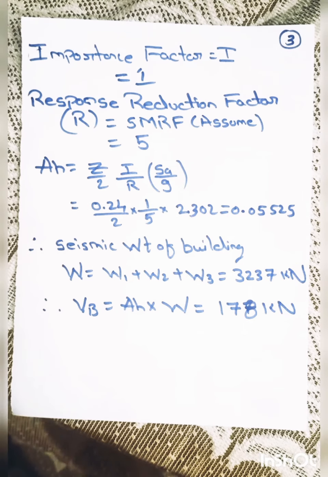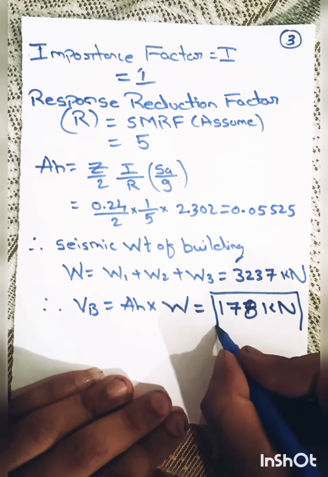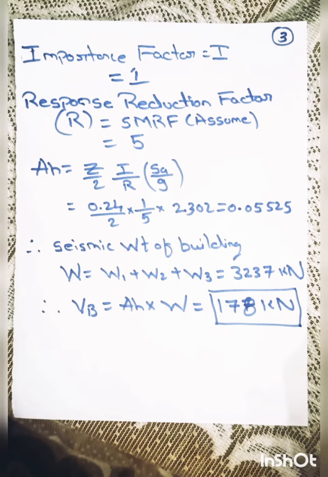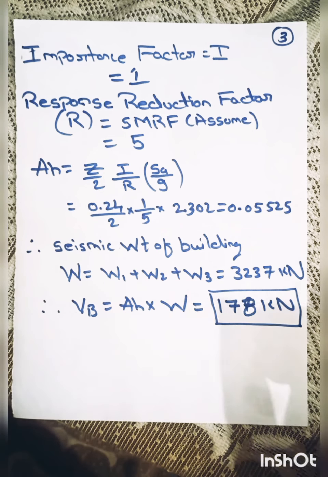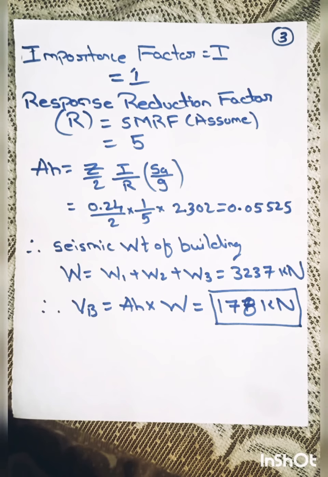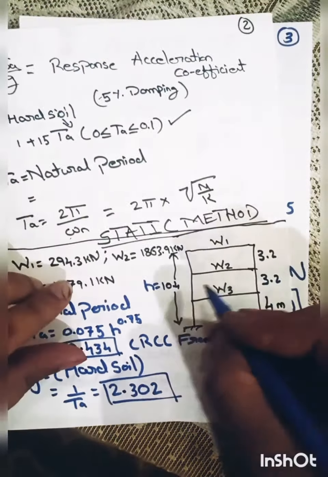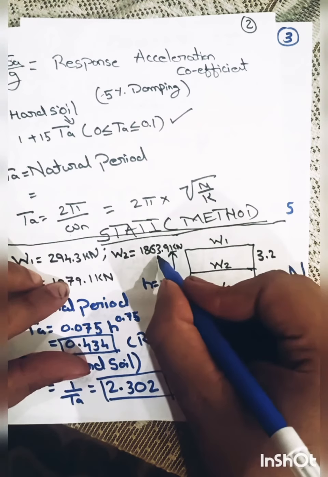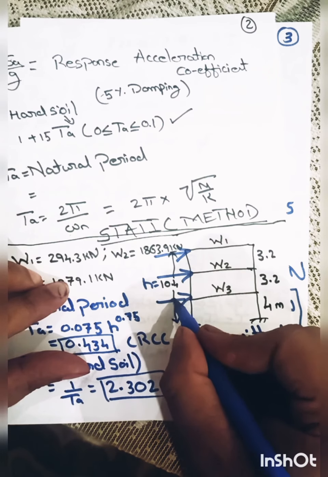Okay, so now this base shear is for the total building. We need to find the lateral forces at each story, which will help us in designing the structure, that is to decide the steel and all. So we need to find the lateral forces at each individual story. We have 3 stories in the building, so at each story we need to find. That is, in this structure we have 3 stories here. We need to find 1, 2 and 3, the lateral forces.